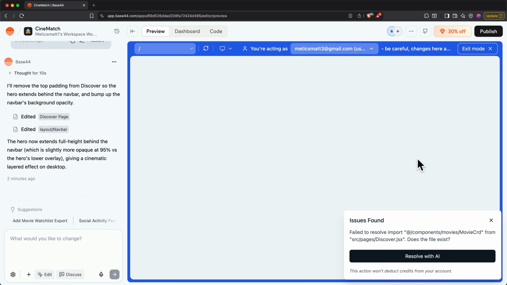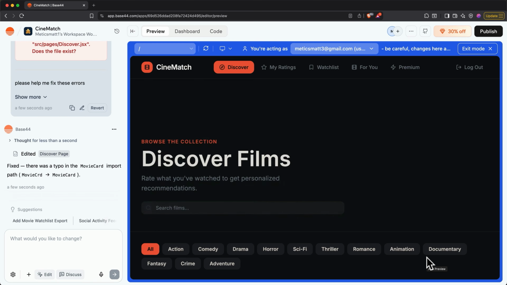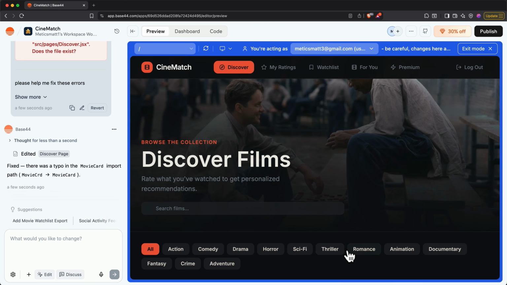Commonly, if something goes wrong and there's an error in your app, Base44 will identify it and you can simply click the Resolve with AI button, and it says here this action won't deduct any credits from your account. So you can simply click that button and the AI will figure it out and it won't cost you anything extra. Just like that, it figured out there was a typo in the import path for this particular element, and